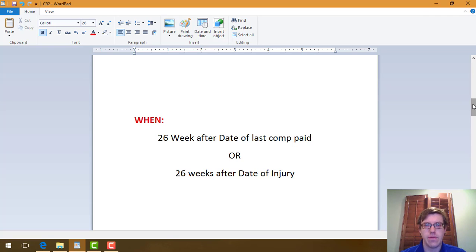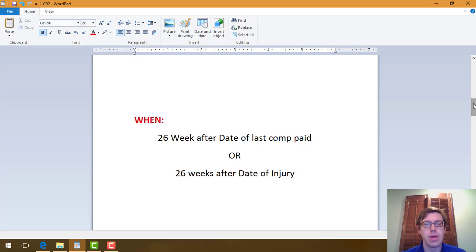What that means is you're going to file the application, you'll undergo an exam, and the doctor will assign you a percentage permanent partial disability based upon the conditions in your claim. So then the question is, how much are you going to get paid for this award? Well, this award is paid in one lump sum, and the tricky part